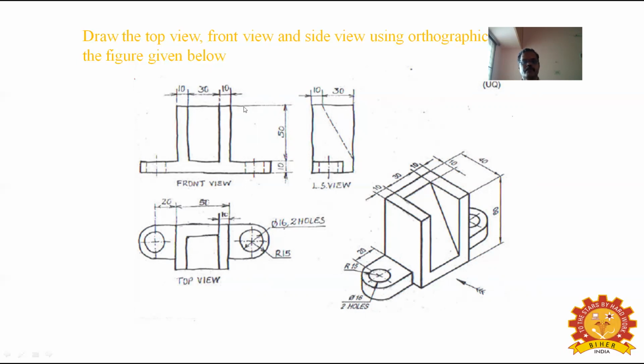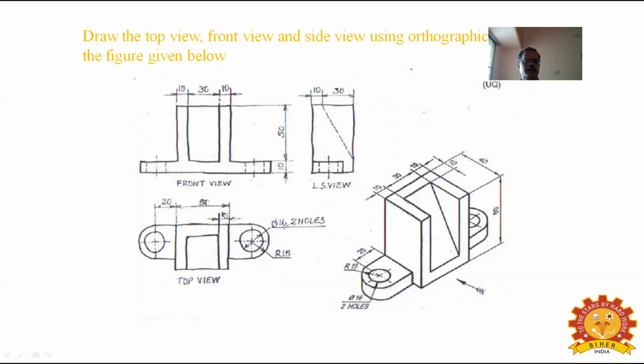The height is given as 50 mm, so you have to mark 50 mm. How do you mark the taper? When viewed from the side view, the taper is invisible. From the left-hand side, mark 10 mm. From the bottom also you have to mark 10 mm. From the bottom, join by means of hidden lines, and you will get inclined hidden lines for the taper portions.